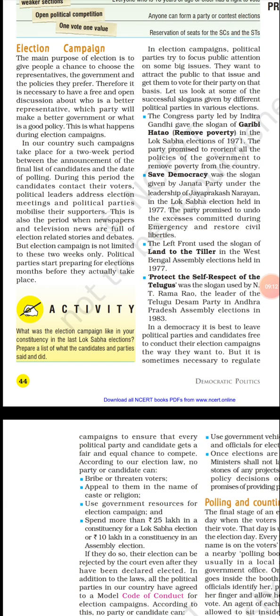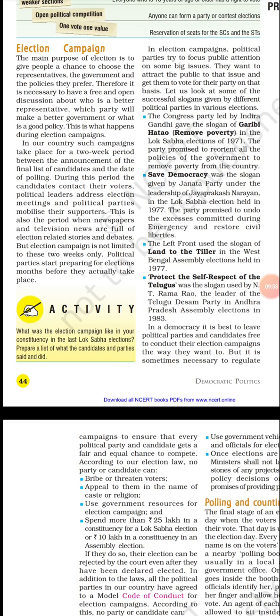The parties also have to agree to a model code of conduct for election campaigns. They have to be very careful while doing their election campaigns. Sometimes if the political parties do not follow the code of conduct or the election rules, their party ticket might be cancelled even after they are declared elected. Even after getting a majority of votes, their tickets might be cancelled. So this is the reason the political parties or the nominated person has to be very careful.